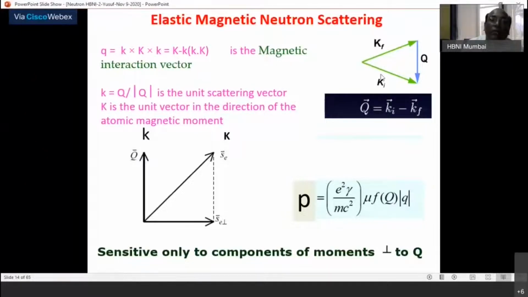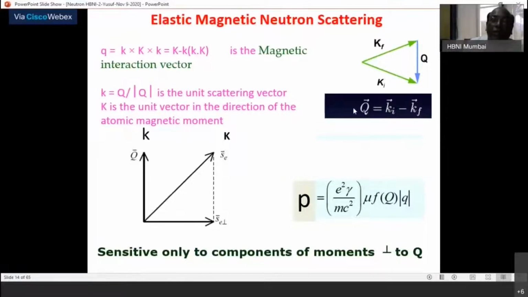And this angle, as you know, is called your scattering angle, 2 theta, which is twice the Bragg angle, okay? So neutron gets scattered at an angle of 2 theta with respect to the forward direction, with respect to the initial momentum direction. So that defines my kf. Since neutron is getting scattered this way, I have to place a detector here to measure this neutron. In fact, in an experimental scenario, we place detectors all over, and then we can sense that this is the momentum transfer direction.